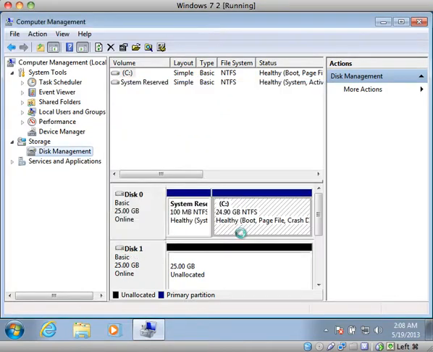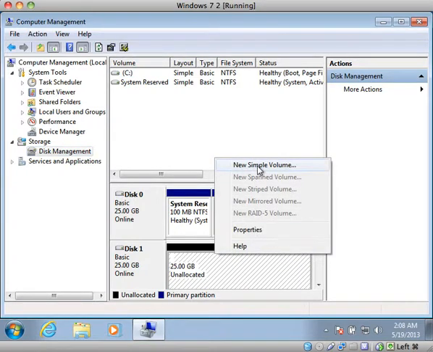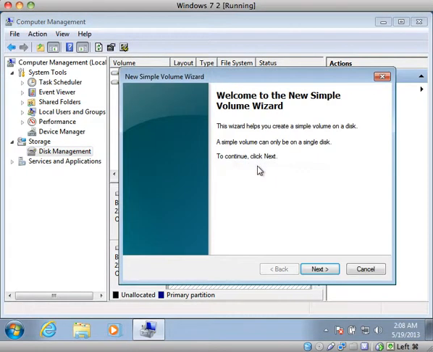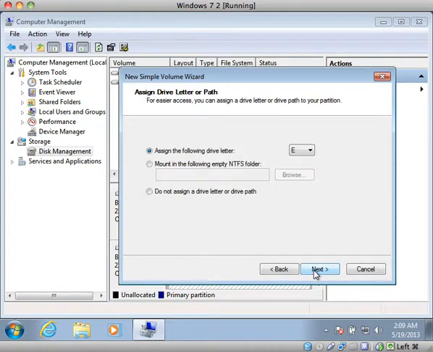Click OK. So here's our disk. There's no partitions on it yet. It says it's unallocated. Right click, create a new simple volume. Next, and we can specify the size here in megabytes. So if we want a 10 gig drive, we can say 10,000 megabytes. Click next,